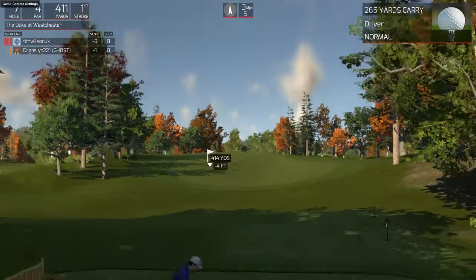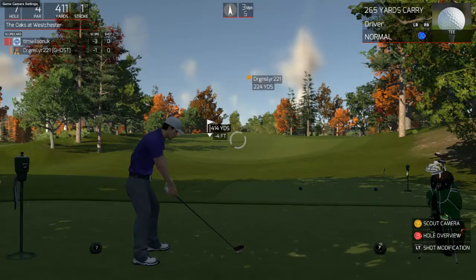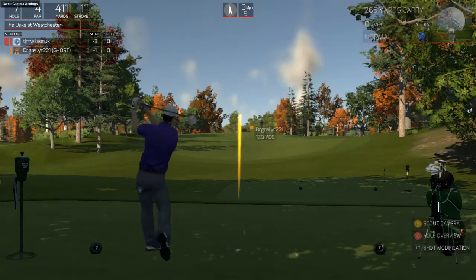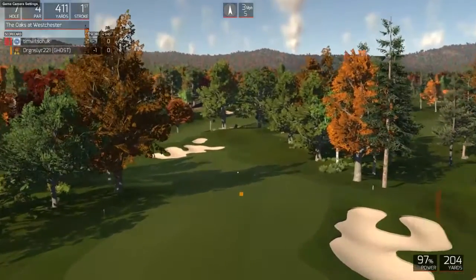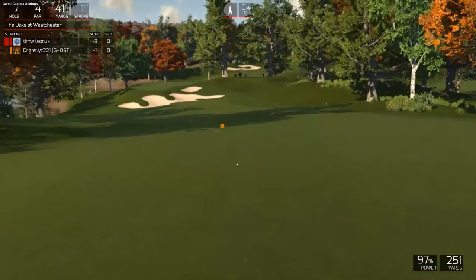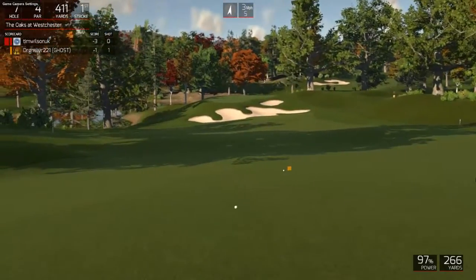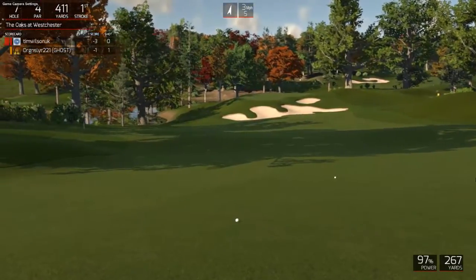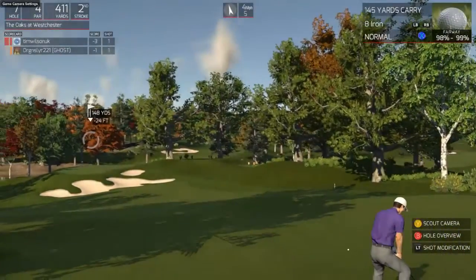Alright, so we've got a short hole here, par 4, 411 yards, which means that if we get it over this rise, on the drive, 97% drive, not great, so it's going to hit the top, hopefully get a little bit of roll. That's okay, still 260, so it's going to give me 140, 150 into the flag. Looks like it's going to be downhill. Yeah,